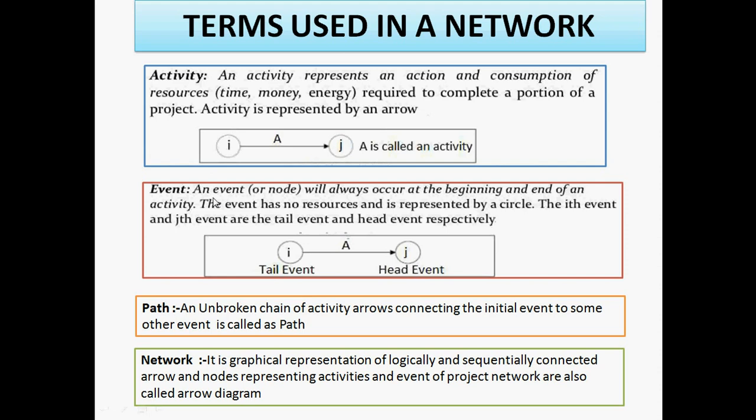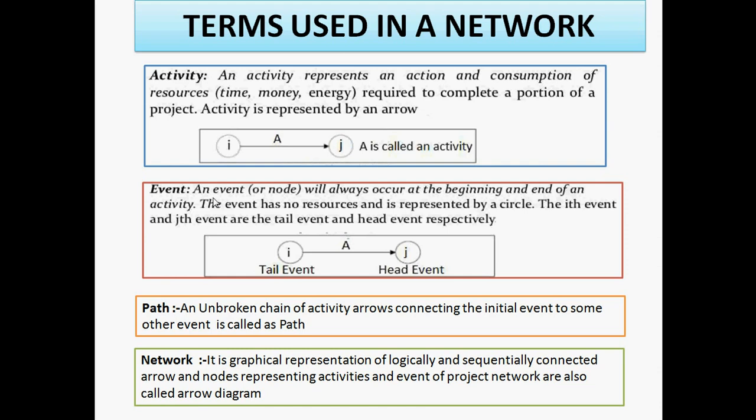Okay, now we go for the path. A path is nothing but an unbroken chain of activities. Here is the continuation of your project. After completion of the first point, it goes to the second point. Suppose a knurling operation is there, then you go for drilling, then knurling, then milling. Likewise there are sequential operations, right? So that path is unbroken. It is nothing but a chain, an unbroken chain, and that is called a path. Then next is a network. So how do we actually create a network?